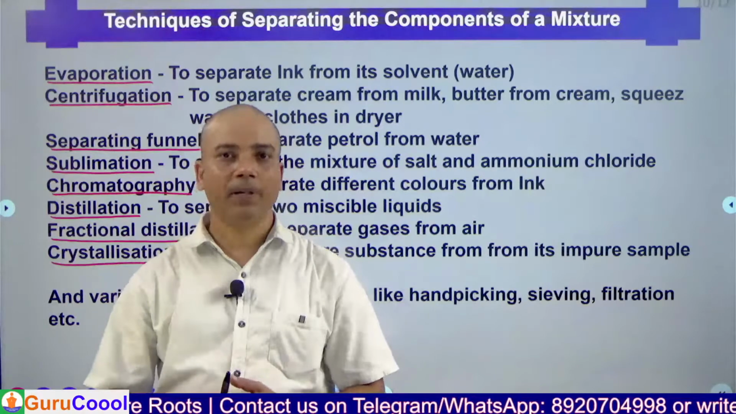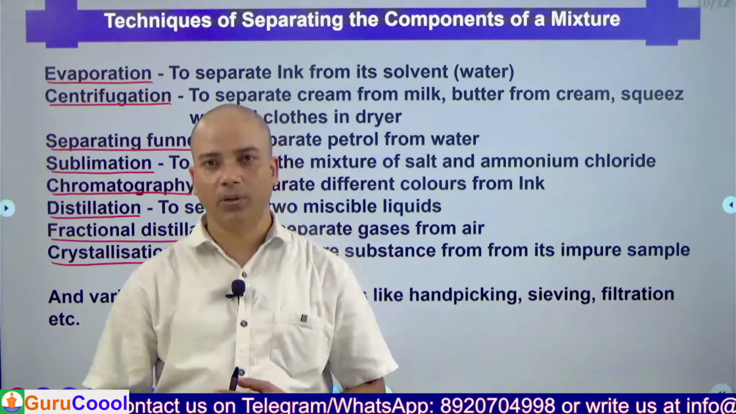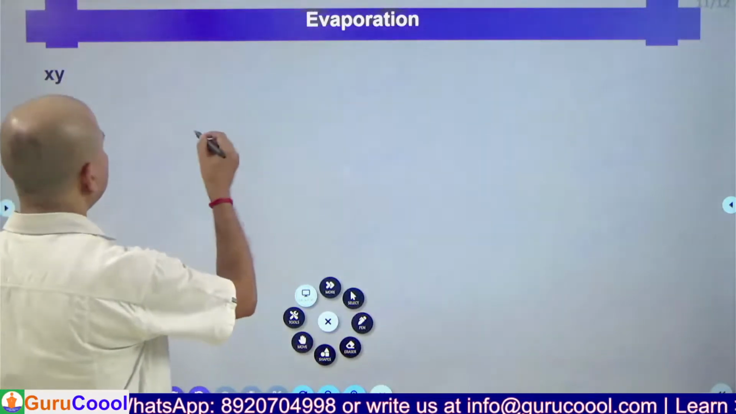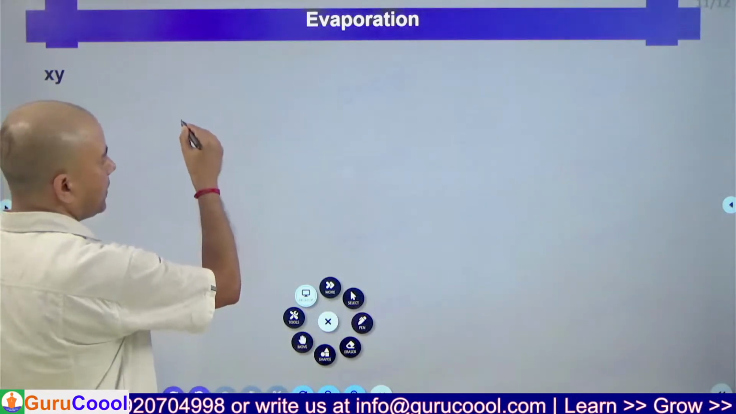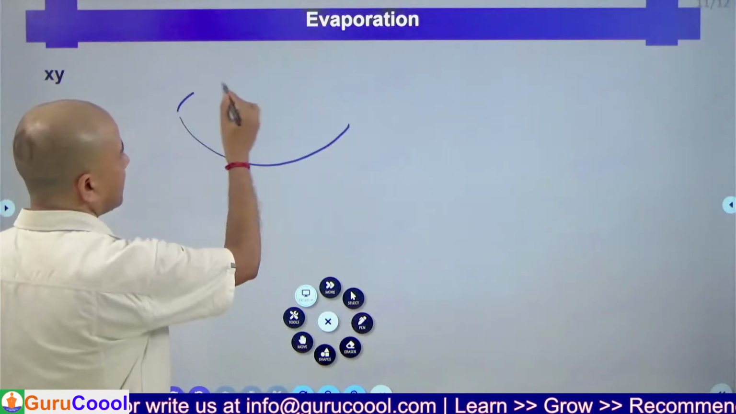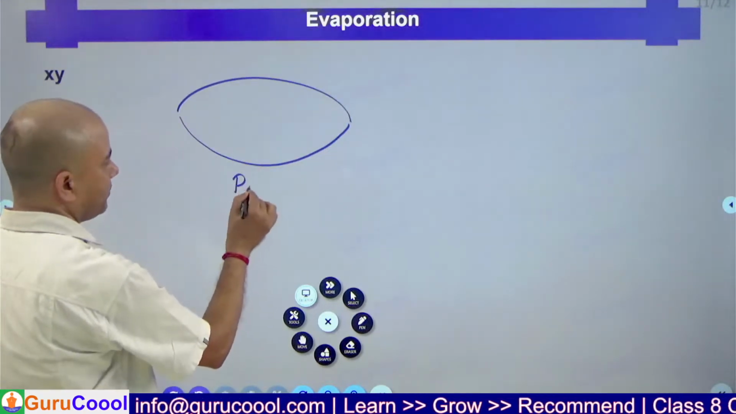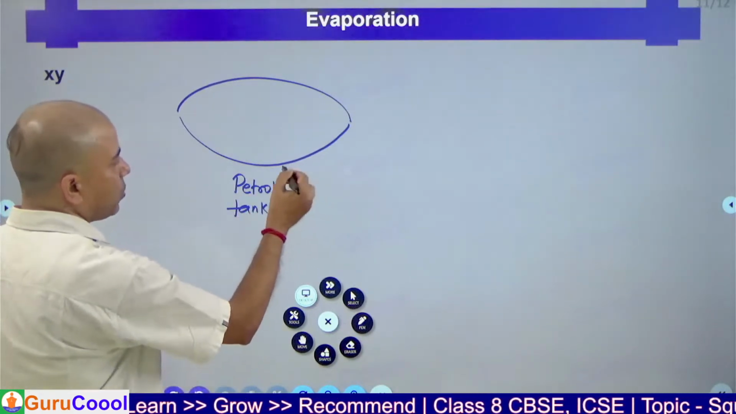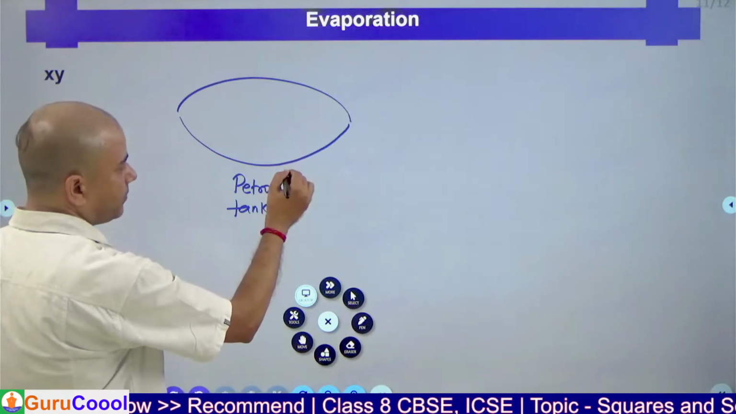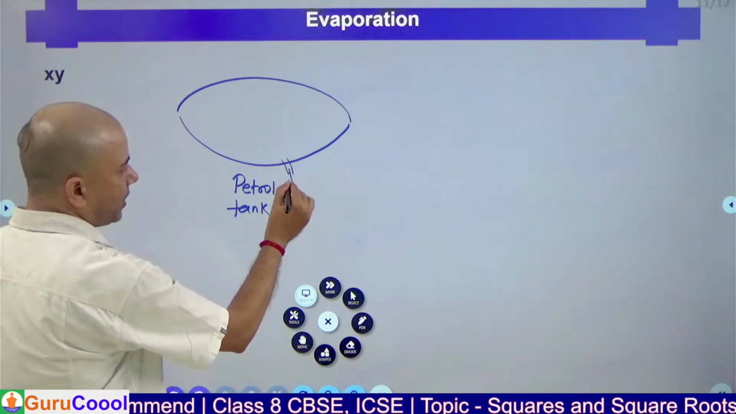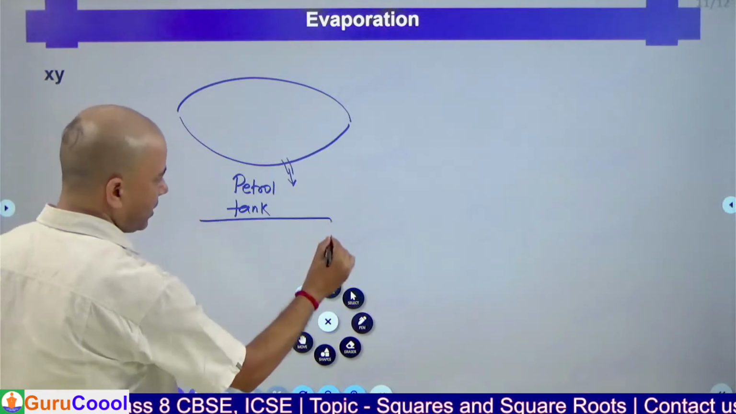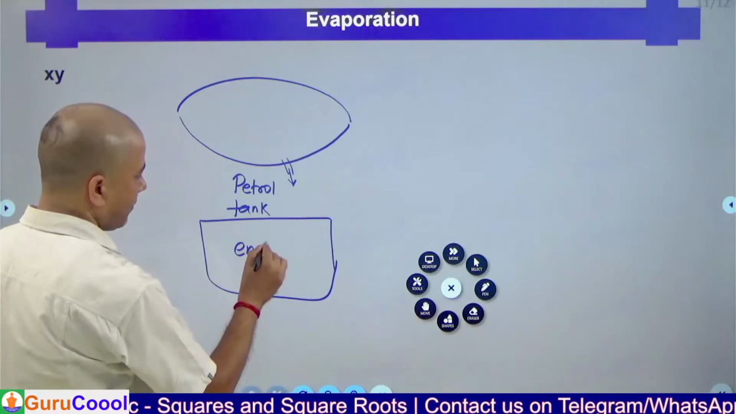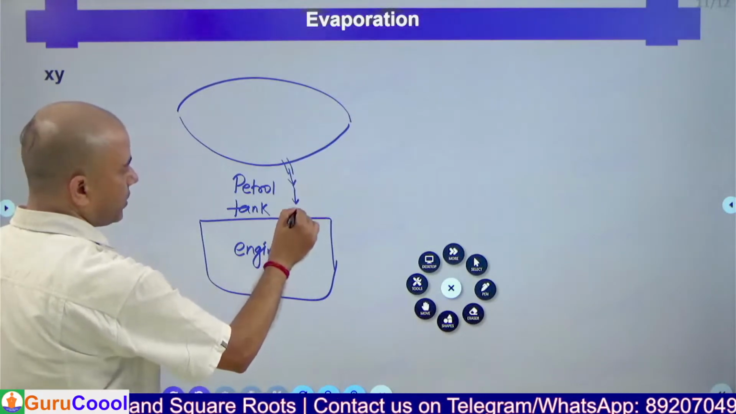And do you know what happens when water is mixed with petrol? The structure is like this. Suppose this is the petrol tank of the bike. So in the bottom it has an outlet where petrol goes to the engine. Here is the engine, suppose. Petrol goes to the engine to burn,